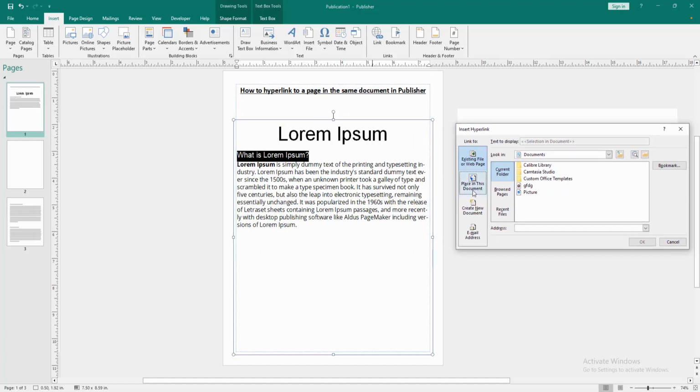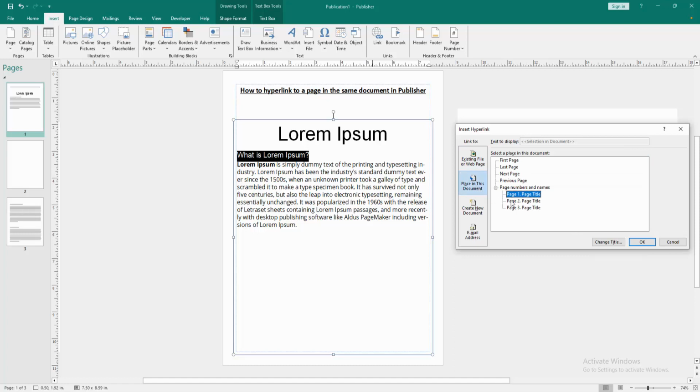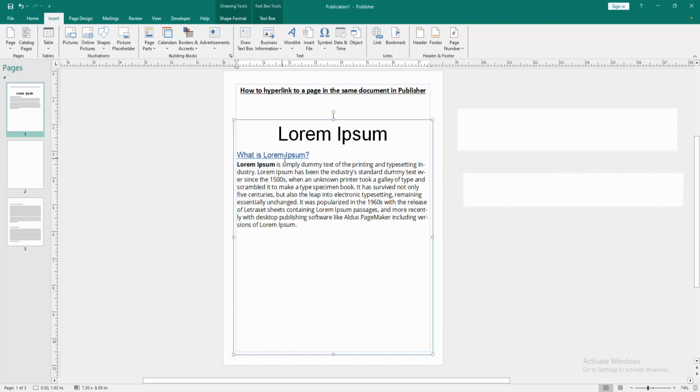Then go to the Place in This Document section. And we can see here Page 2, Page 3. Now I click Page 3. Then select the OK option. Now we can see the